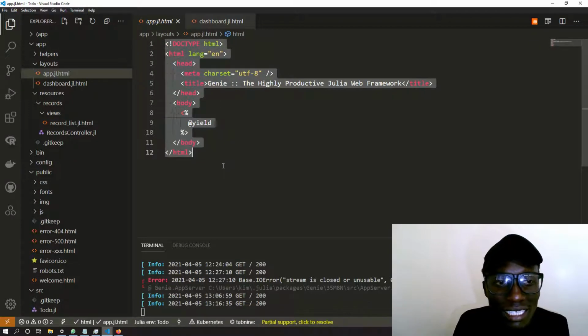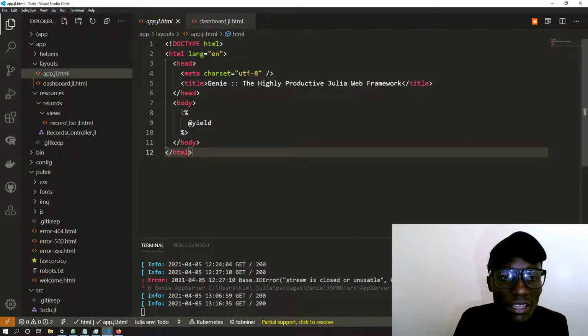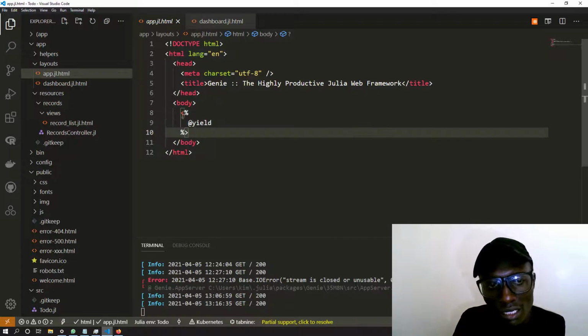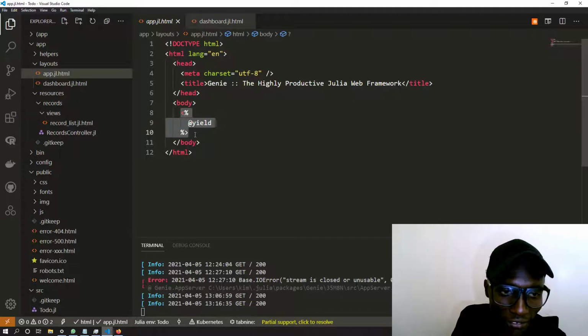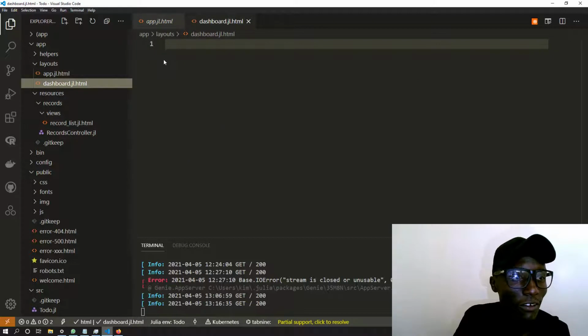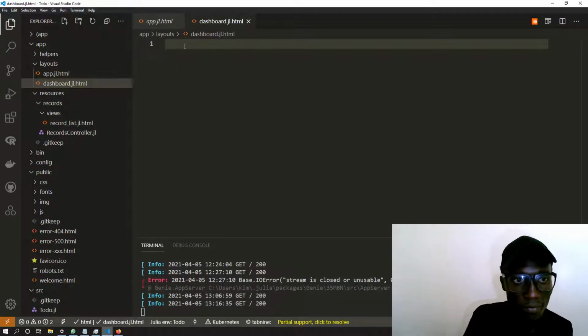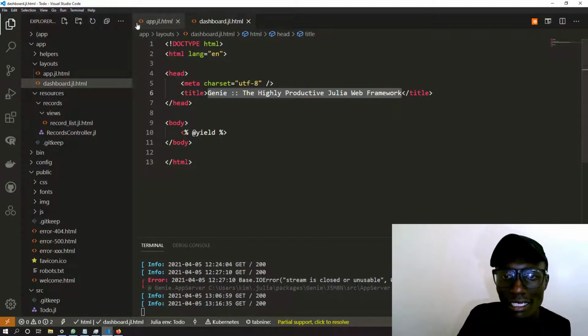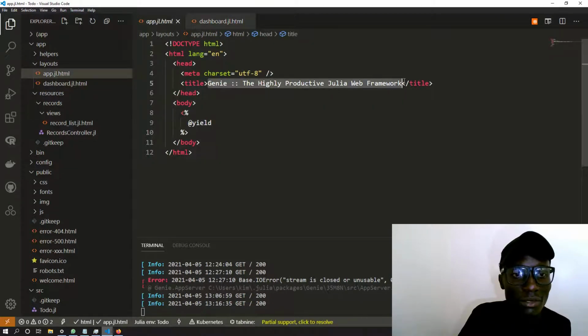Here you just define the HTML that you want. The most important part here is this. This is basically what you do when you want to use a view as a layout. Every other content that you set to use this layout will be placed inside here. So for instance, let's create this dashboard. For this dashboard, we can just paste the code that I took there, and at least name it and give some title. Let's call it